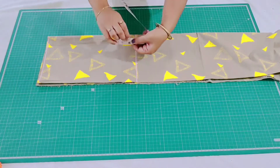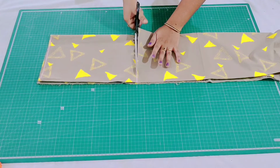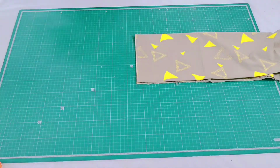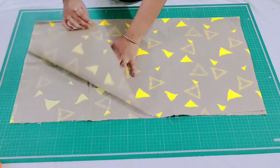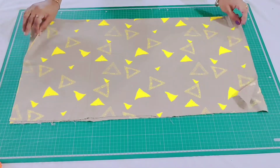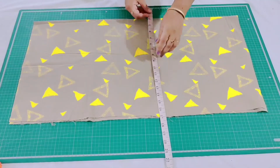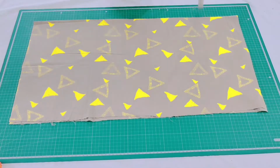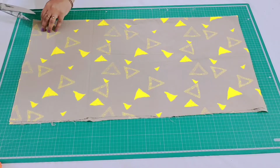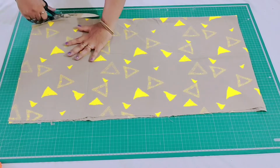The width of my fabric is 8 inch. Then cut it. And the remaining fabric is for the bottom. So there are two layers here, one for the front portion and the other for the back portion. And the length of my frock bottom is 16 inch, and I will add a few inches for the border. Now slit here, with this bottom